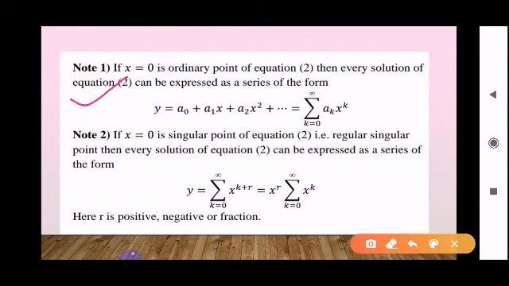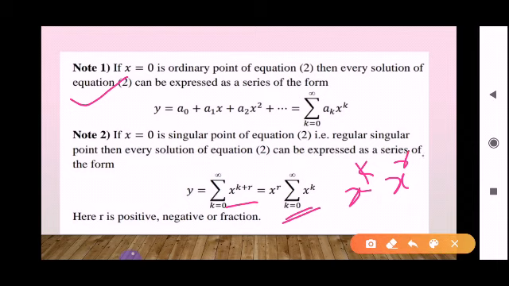Now for singular point, if x equal to 0 is a singular point of equation 2, that is a regular singular point, then every solution of equation 2 can be expressed as a series solution of the form y is equal to summation of x to the power k plus r, where k varies from 0 to infinity. And x to the power k plus r we can write as x raised to k into x raised to r, and here k varies from 0 to infinity, so r is constant,